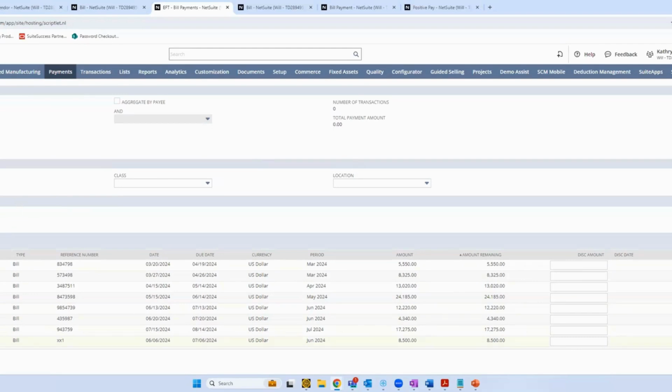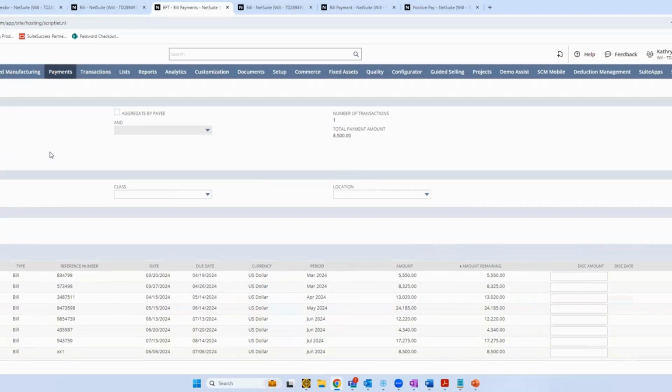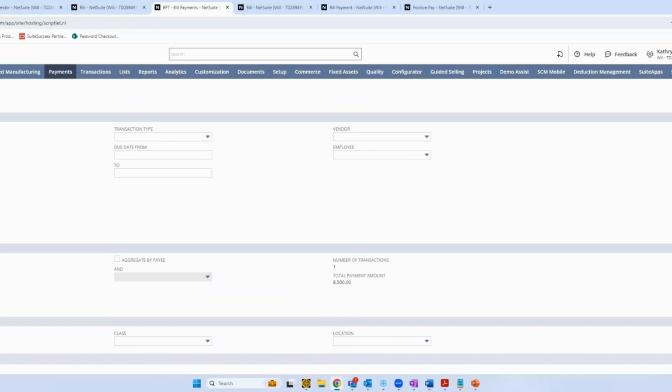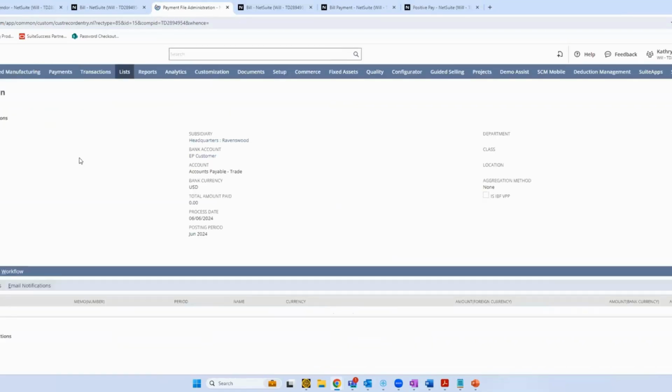Okay. So we're just going to run one here for the test Oasis vendor. So I'm going to select this bill, and then we're going to come up here and we're going to click submit. Okay. What this is going to do now is it's going to start processing these payments, right? So this bill, the beauty of